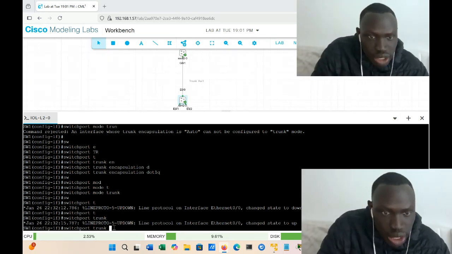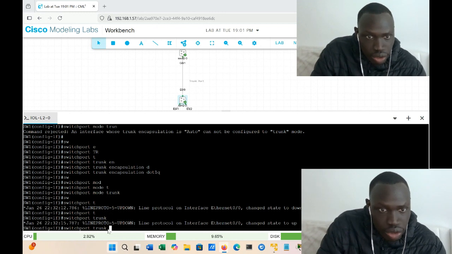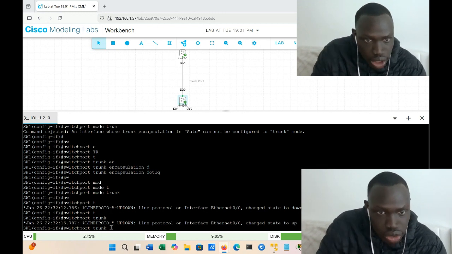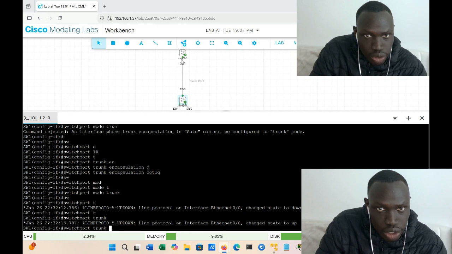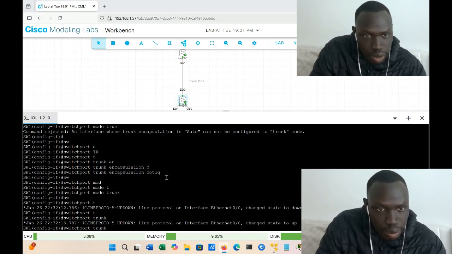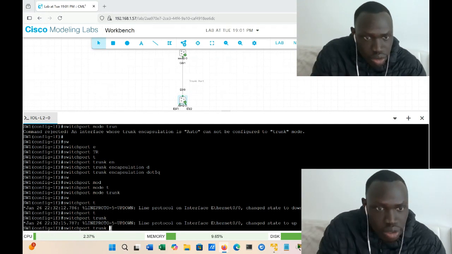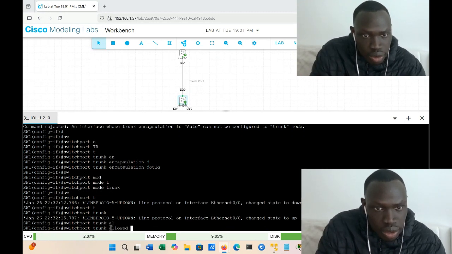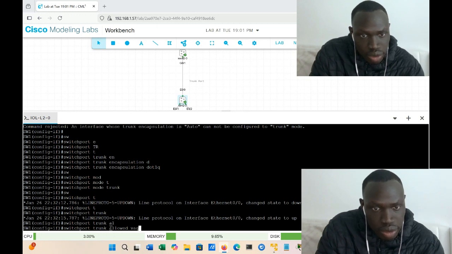But it's not complete until the other end is configured. So in this case, when you have a trunk port, you need both ends configured. And same thing as the IP. Both ends need to be configured to be complete. So switch port trunk allowed VLAN